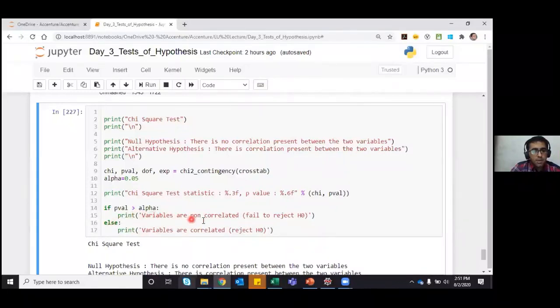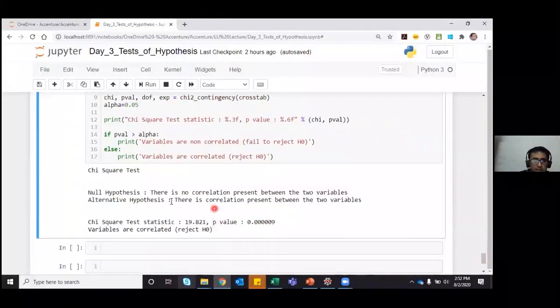If the p-value is more than alpha, we will accept the null hypothesis and say variables are non-correlated. If my p-value is less than or equal to alpha, I will say variables are correlated, or we reject the null hypothesis.